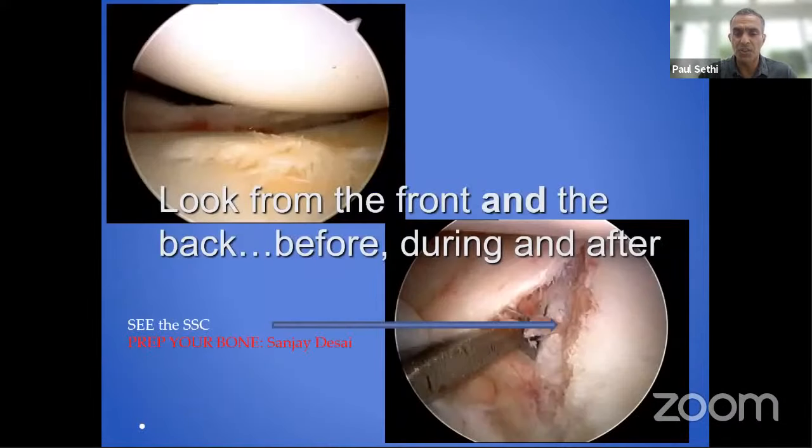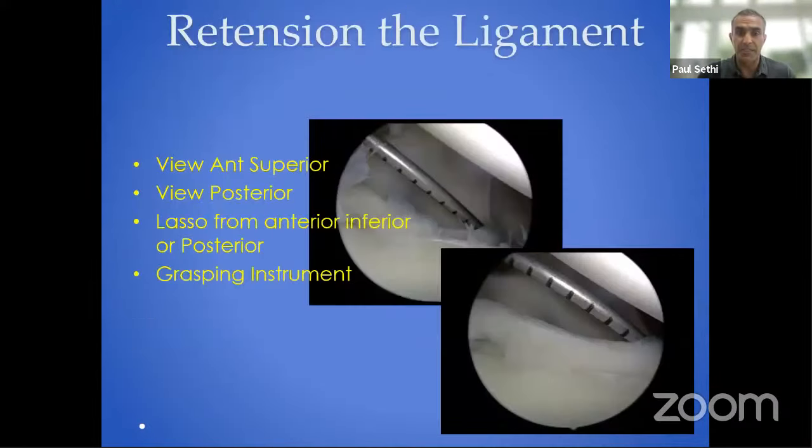You want to find that you're not stuck in the posterior portal the entire case. I think that's a mistake. It's the same sort of parallel mistake that some people will make in rotator cuff surgery by only looking through the posterior portal through the whole case. You want to get different views and different mobilizations and localizations of your case. You really want to be able to retension this ligament, and you want to be able to grasp from anterior,